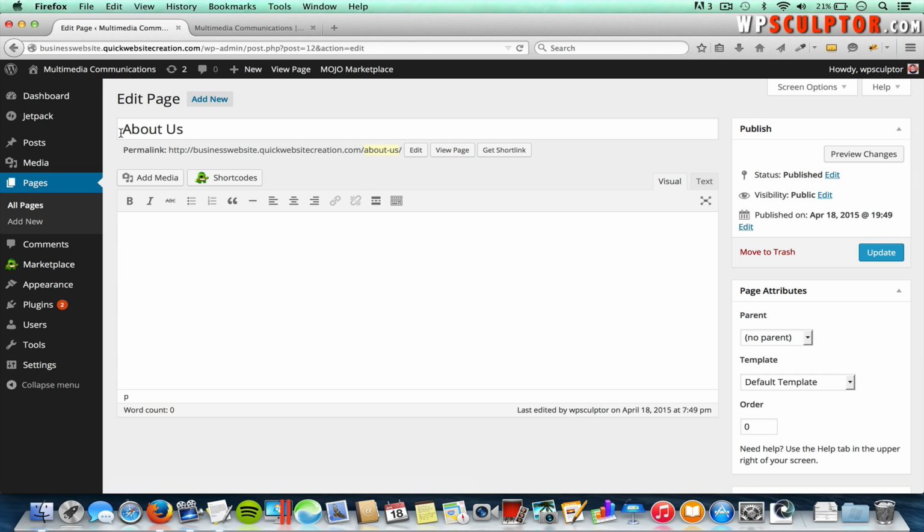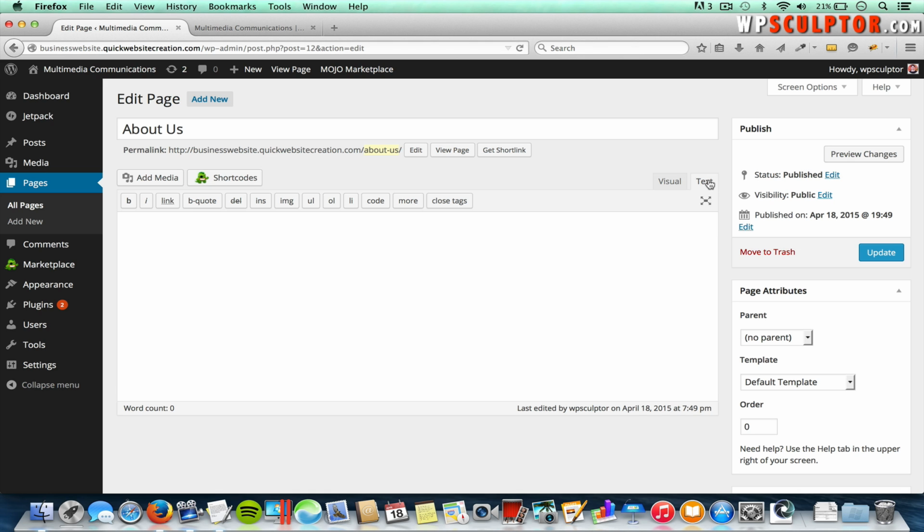Alright, and earlier of course we added our page title, and now we're going to add content to the About page using the Visual Editor, and you have the Visual Editor here, and the Visual Editor functions much like a word processor. If you hover over this icon here where it says Toolbar Toggle and click on that, that's going to bring up all these additional formatting options, so you can add text, and you can select text and make it bold or italic,